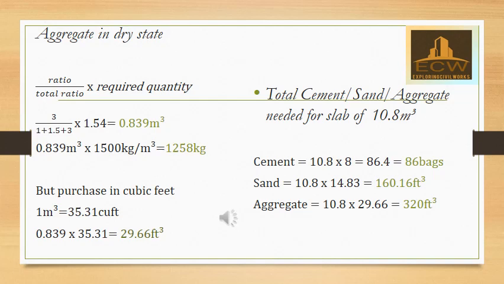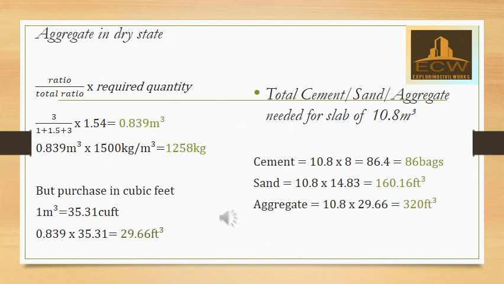So now let's go back to our previous task, which was to know the quantity of materials we have to buy for a volume of 10.8 cubic meters for that wet state. Now we want to know its dry state. To do that, you simply have to multiply our 10.8 by the answers we got here, that of the cement, that of the aggregate, that of the sand in dry state. So for cement, you multiply 10.8 by the 8 bags we had in dry state, and we will be getting